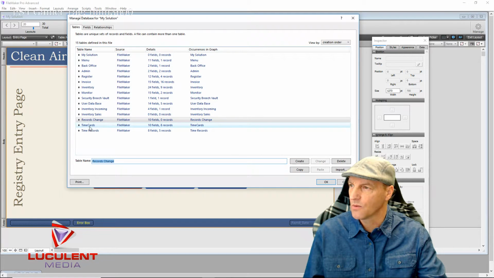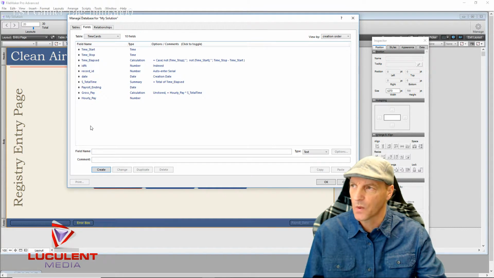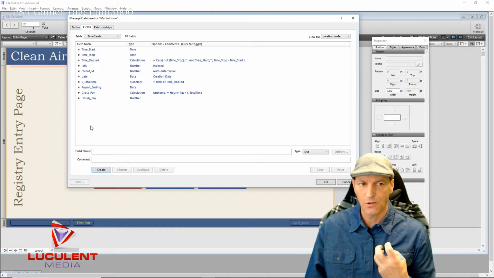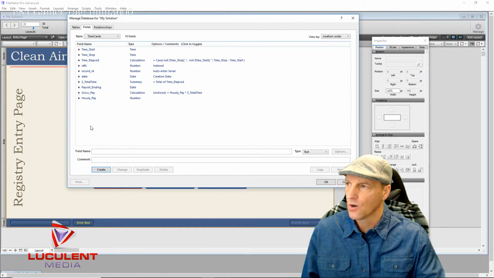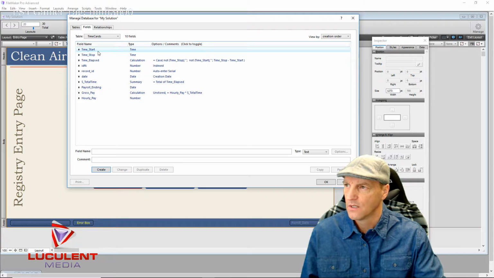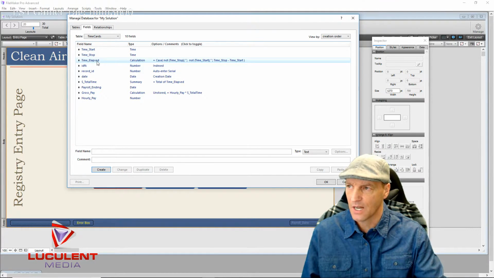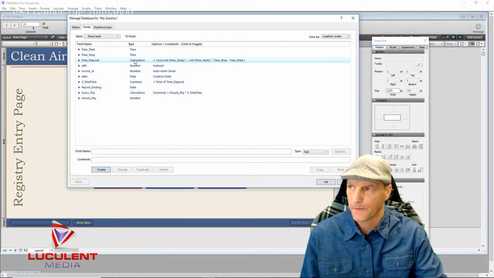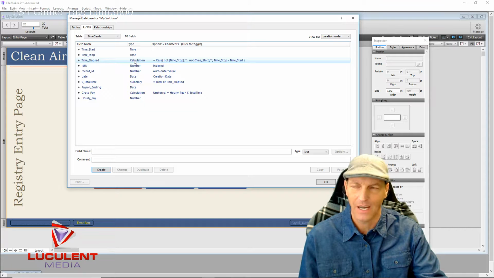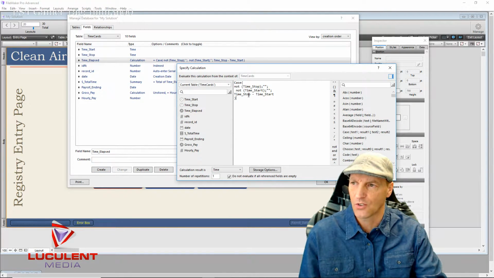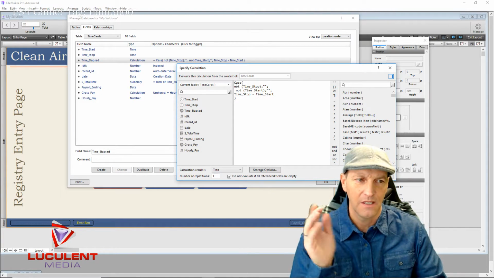Other tables that we did was the time cards one. This one is pretty important, and now this whole thing will kind of come into focus for you. So we have the time start, the time stop, an elapsed time. This is where it gets a little interesting, because the elapsed time is a calculation. And the calculation is pretty much this. You just type in Case,